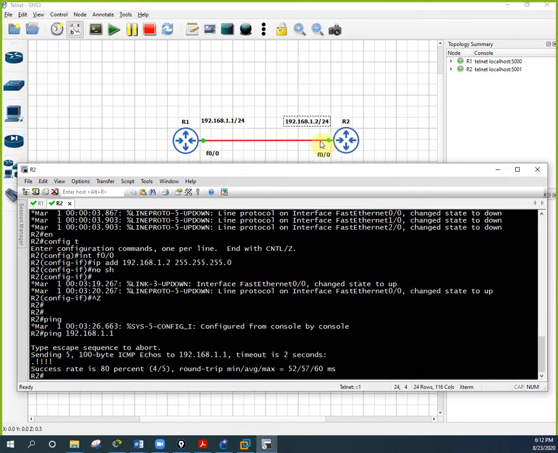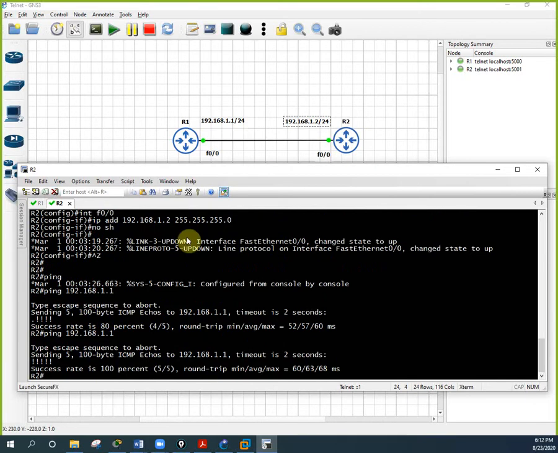So one packet will go here and get the MAC address. After that, they add the MAC address of the source and destination, and forward the packet. That's why we lost one packet. Now it already has the ARP entry, so we will not have any drop, and we are getting 100%, 5 by 5.